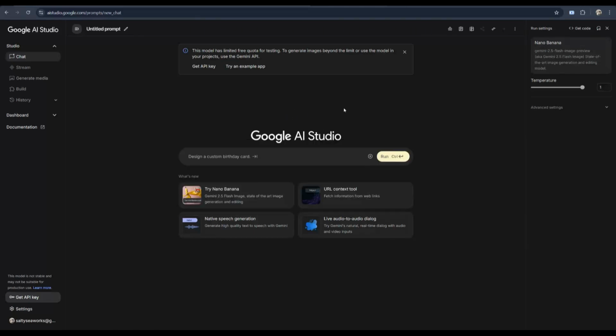Hey everyone, welcome back. Today, I'll show you how to swap faces in a photo for free using Google AI Studio. This is great if you want to have a little fun with pictures or try creative edits without expensive software. First, open your browser and go to